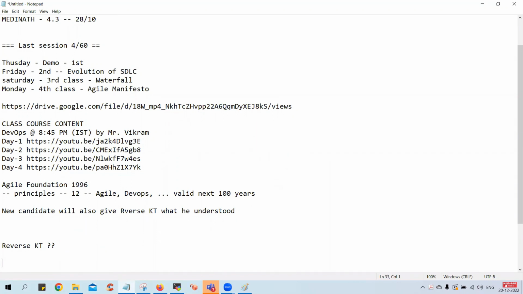So in the reverse KT, most of the time your project documents will be shared with you. They'll share them and ask you to go through them. They'll give time also, guys. Don't think that they won't. They'll give enough time, whatever you ask. Let's say you ask 1 day, 2 days, or 3 days, they'll give it. And they'll say, please go through the document. Once the document is over,